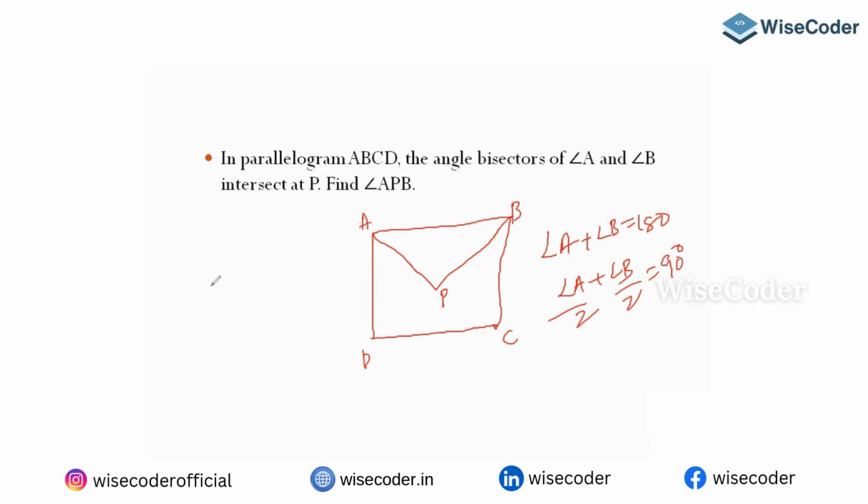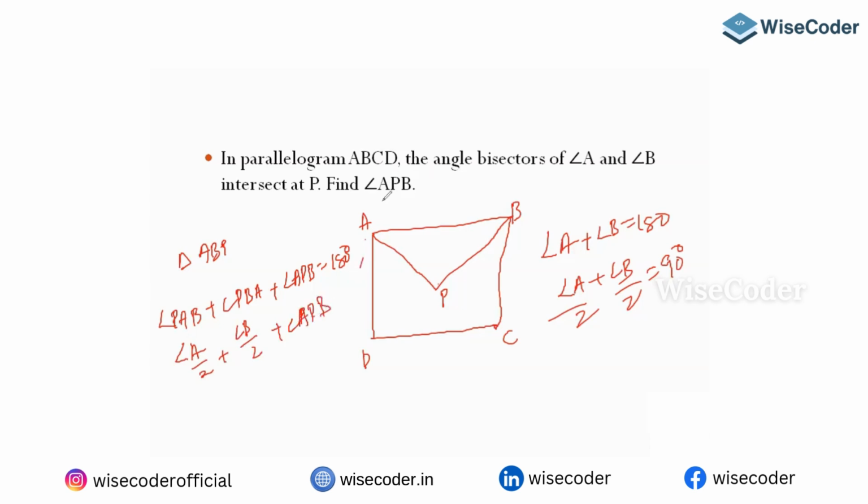Okay. Then you need to understand triangle ABP. So angle PAB plus angle PBA plus angle APB, the total is equal to 180. True. So angle here, and angle here, and this is a triangle. In the triangle, the sum of all the angles is what? 180 degrees. Okay. Now, this is angle A by 2, and this is angle B by 2, plus angle